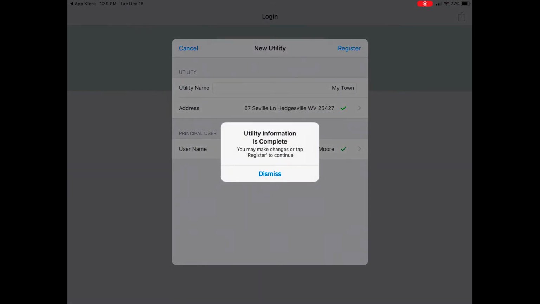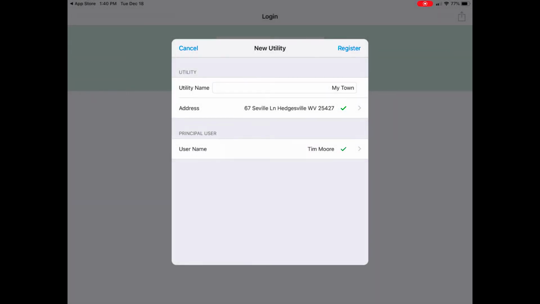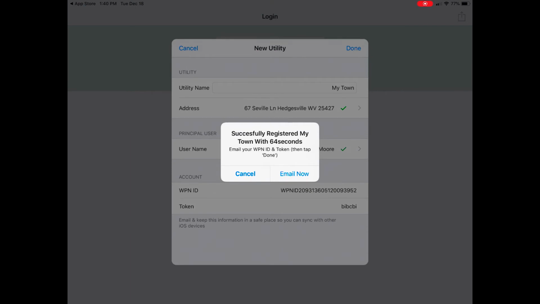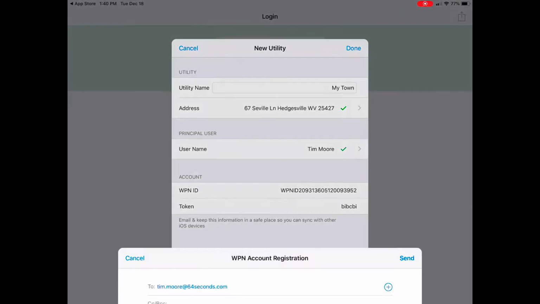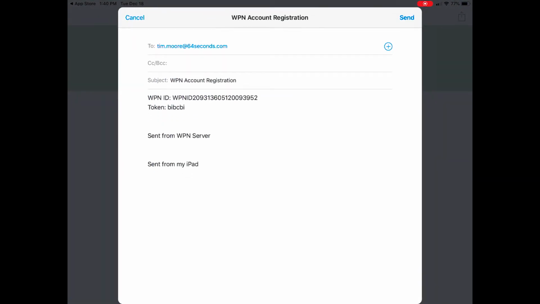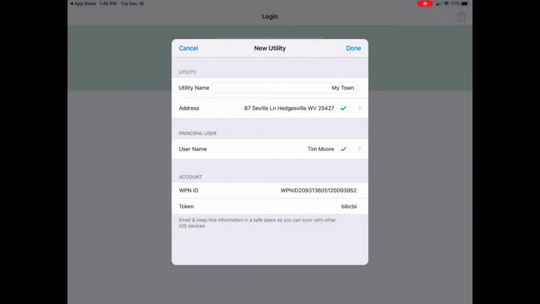Say done. Now what we're doing is we're actually setting up a 60-day temporary trial on the WaterPoint network, and that's what I'm doing right here. I'm emailing the plan ID and the token to be used, so I'll have that. Now this is a 60-day trial, but after the 60 days you still have an option of continuing to use it as a standalone